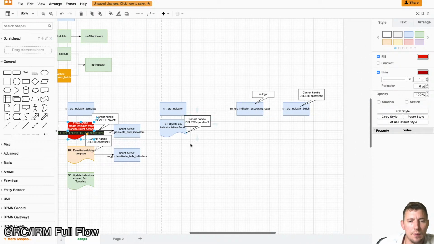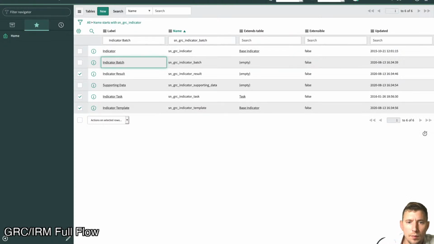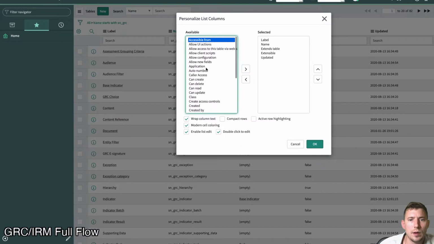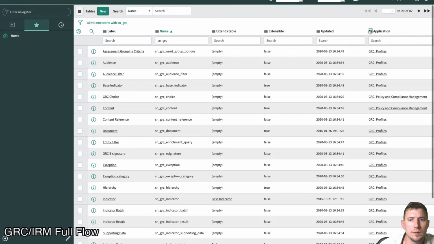I haven't highlighted all of the afters, all of the before business rules, because they're not going to change. I can just blanket that now and say anything on before we're not attempting. I've done every table name that starts with SNGRC indicator. If we just look at what else is ahead and group by application, yeah, everything that starts with SNGRC,